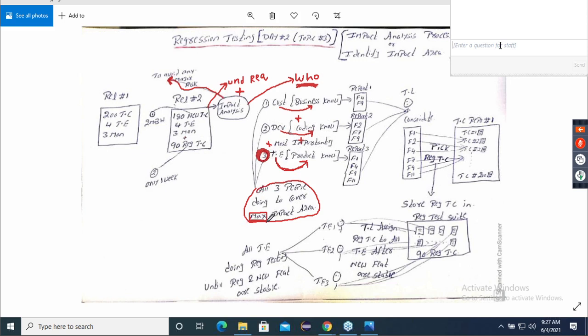Yes. So listen, guys. Actually speaking, I will also agree that in 50-60% of the companies, the impact analysis is still done by test engineers only. They're doing it. But many companies have modified their process. They are saying customer also please help us, developer also please help us, so that maximum impact area can be covered. So in interview, your answer is yes, sir. You are also right, sir.